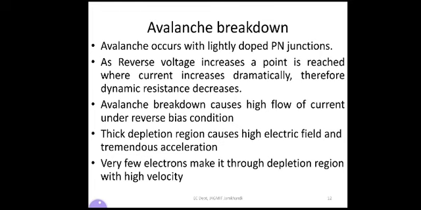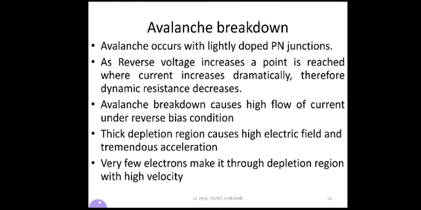Normally a small current flows whenever the diode is in reverse bias. This small current is known as reverse saturation current, and it is due to the minority charge carriers in the semiconductor device. But after reaching that particular point, VBR, the critical voltage,